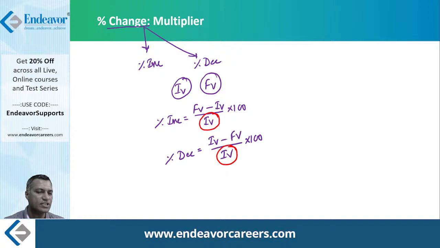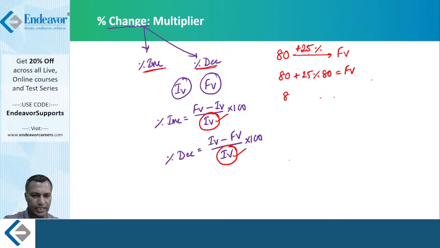Then you will calculate. Some people will take 80 common between the two numbers. Then they will write 80 into (1 plus 25%) is equal to the final value. Yeah, we are coming there. So now let me write this as a fraction. I'm doing it very intentionally. 1 plus 25%, the fraction form of 25% is 1 by 4, is equal to the final value. I wrote this 25% as a fraction, which became 1 by 4. So therefore, 80 into, take the LCM here, this bracket can be written as 5 by 4, which is equal to the final value.